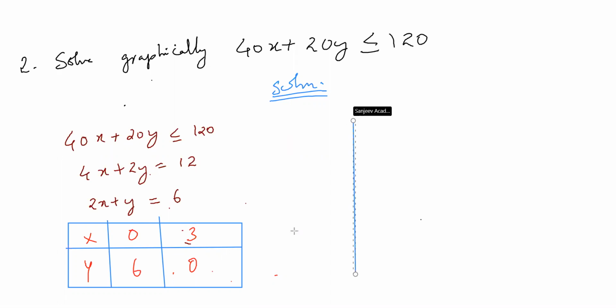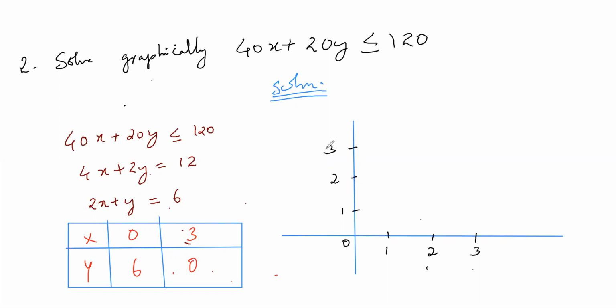Then I'm going to draw the x and y plane respectively. Correct? 0, 1, 2, 3. 1, 2, 3. Then it's up to 6, right? So I think I have to extend this. So my line is a little bit bent. 4, 5, and 6. 6 I have placed here. So now I have to join 6 and 3.